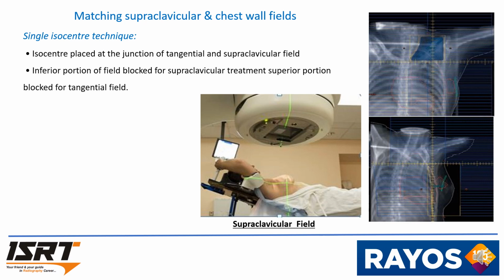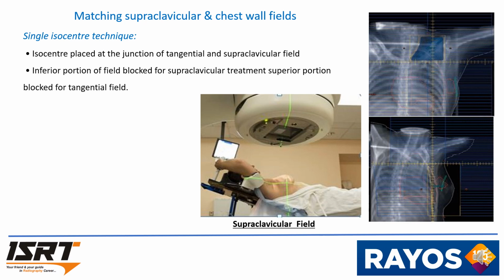By treating with the isocenter technique, the supraclavicular fields and the upper border of the tangential field should be matched. Isocenter placed at the junction of tangential and the supraclavicular field. Inferior portion of field blocked for supraclavicular treatment, superior portion blocked for tangential field. This is the field matched with the tangential field of the breast. The machine setup also